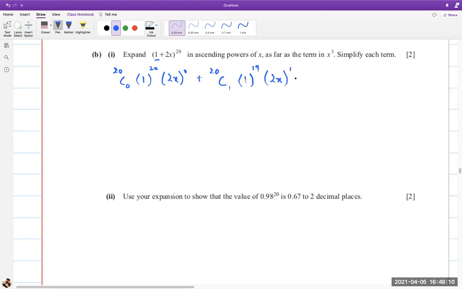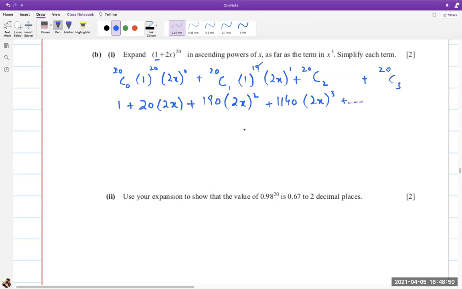You can notice that all that's happening is basically we are just getting a term with one power, which doesn't really mean anything. So it's going to be 1 plus 20 into 2x plus, now I will need you to help me out, what is 20c2? I'll need that. Is it 90? Oh sorry, 190. Yes. 190. Okay, so 190 into 2x squared plus 20c3, I'll need that. So that I think is 1140. 1140. Okay,